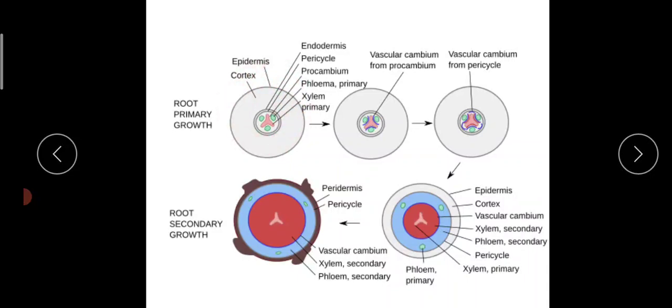This is a primary structure of a dicot root, and we know that in roots the xylem arrangement is exarch and radially arranged bundles are there. That is, xylem bundles are alternately arranged with phloem bundles. So here you can see pink colored xylem and 3 green colored regions which indicate phloem. This is how a primary structure looks, and now the plant is going to start its secondary growth.